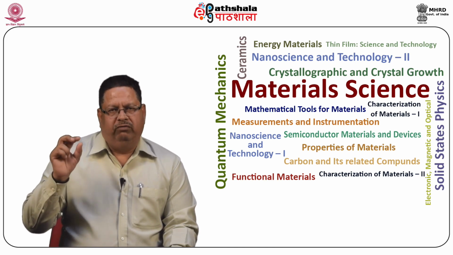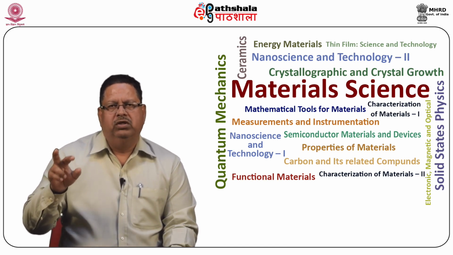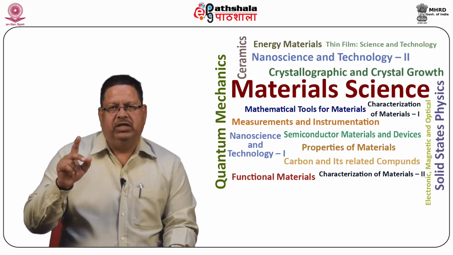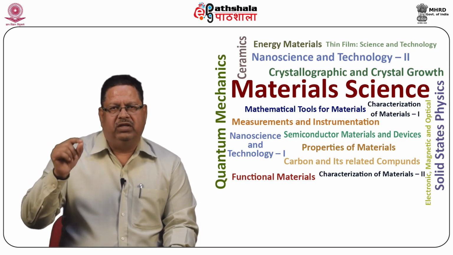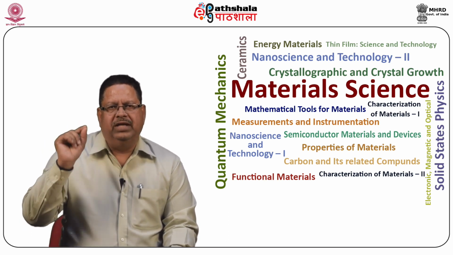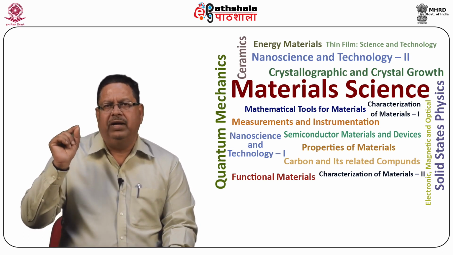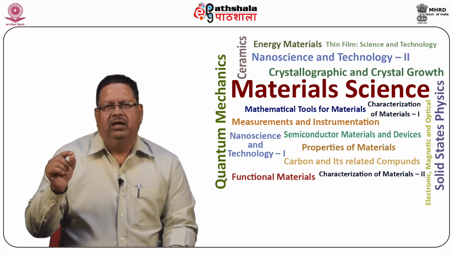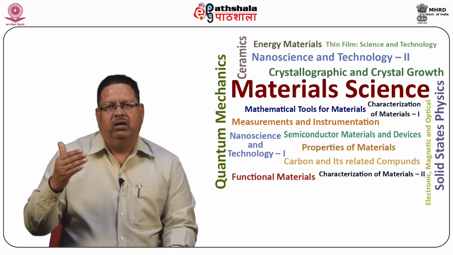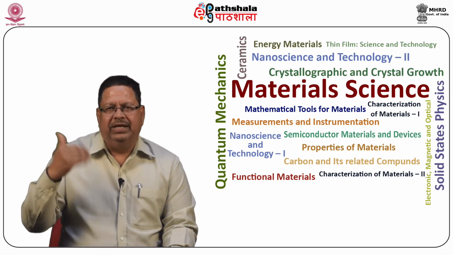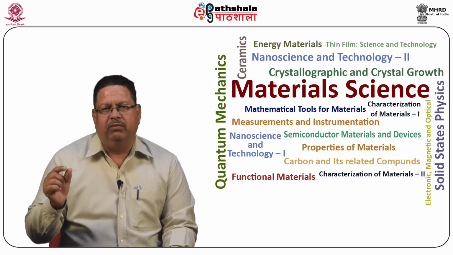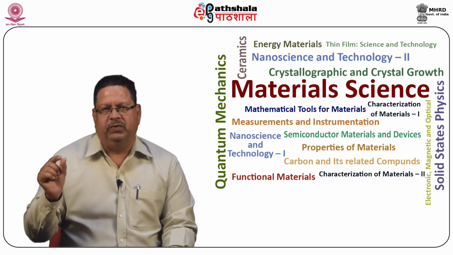So in that way, we can consider that the proton and neutron are two states of the same particle, which is called the nucleon. To distinguish between these two states, which we call proton and neutron, the isospin quantum number was introduced by Heisenberg. Mathematically, isospin T is identical and follows the same rules as the intrinsic spin S of the nuclei.